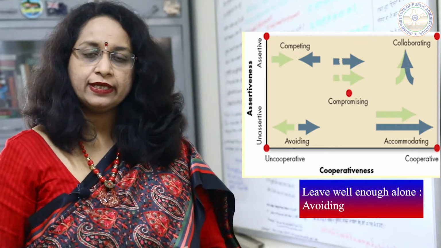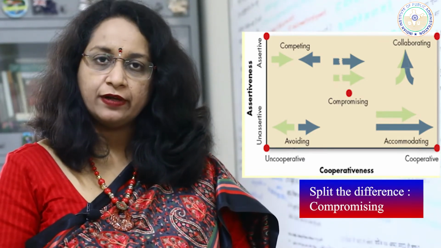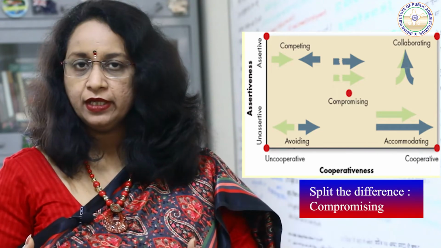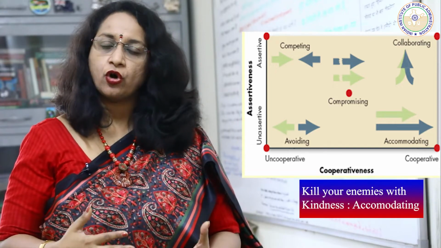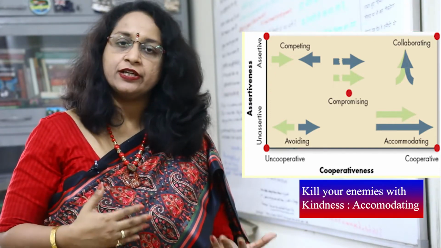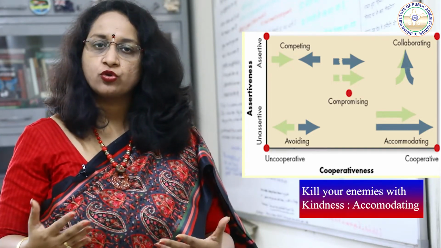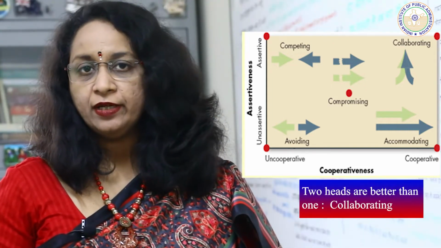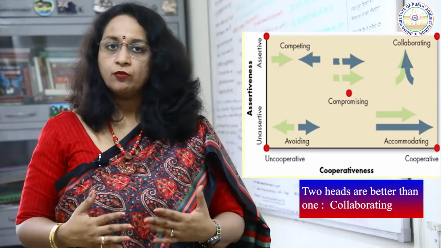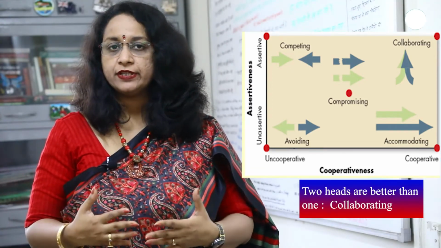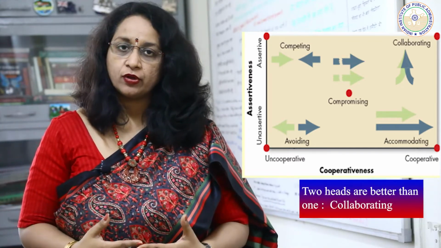In avoiding mode, there is a desire to withdraw from or suppress a conflict. Compromising mode is one where each party is willing to give up something and there is no clear-cut winner or loser. In accommodating mode, one places the opponent's interest above one's own interest. There is a willingness to sacrifice your own goal so that other parties' goals can be achieved. In collaborating mode, there is a desire to satisfy the concerns of both parties. Both parties try to find a mutually beneficial solution for each party. Information sharing is a common example of this.